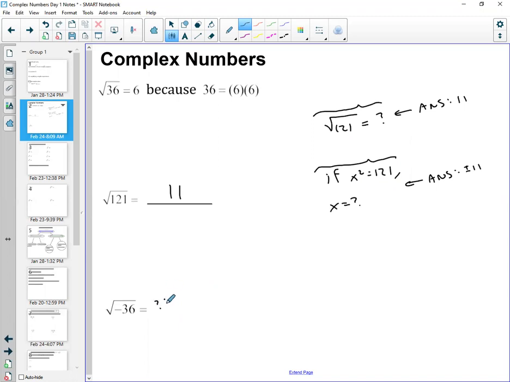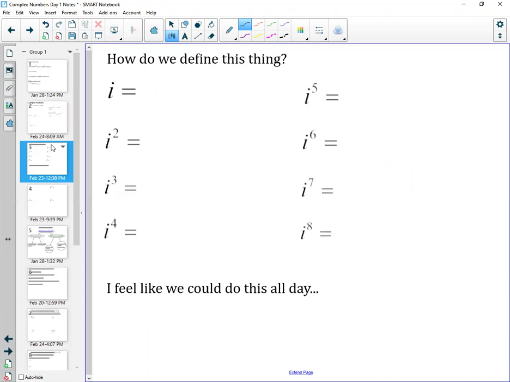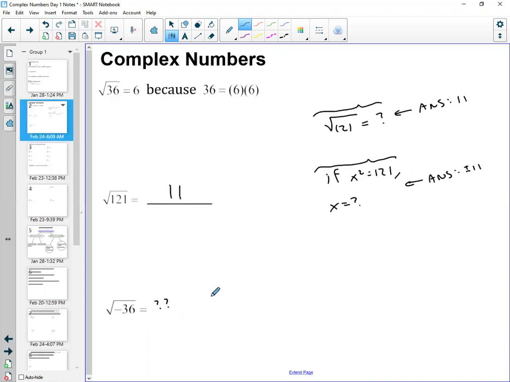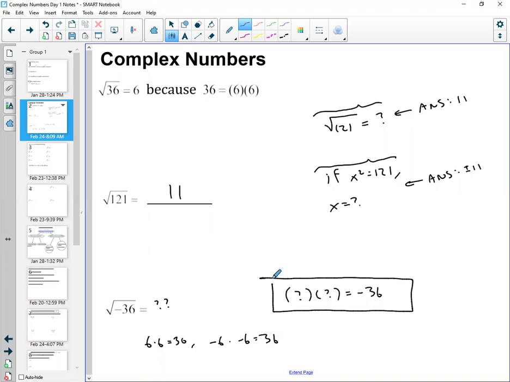Square root of negative 36 is the question we're trying to answer here. 6 doesn't work. 6 times 6 is positive 36. Negative 6 times negative 6 is also positive 36. So what do I multiply by itself to get negative 36? This is the all-important question that was eventually answered with these things called complex numbers,